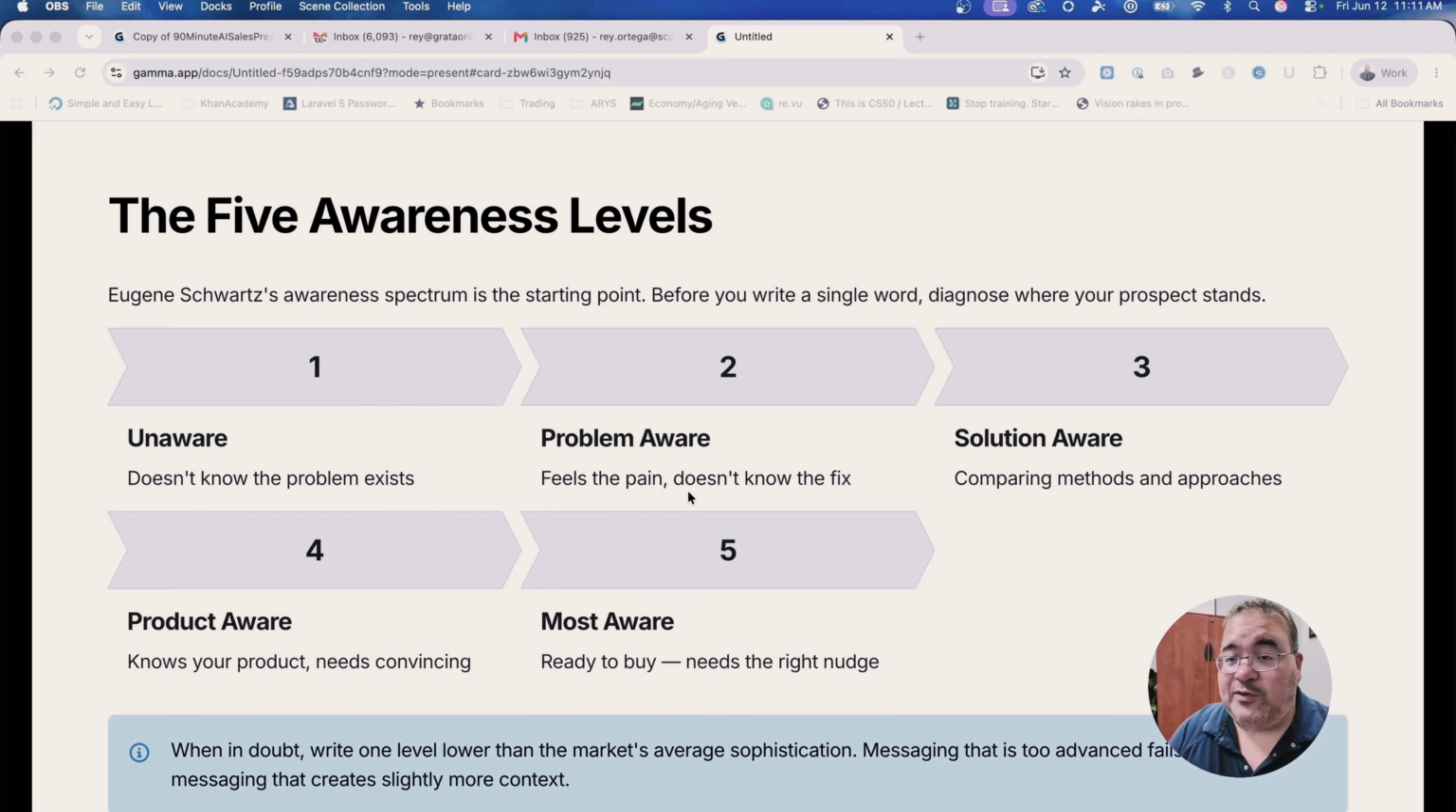And then we have the most aware. Most aware is the buyer. It's the person that already knows they have a problem, there's a solution, and then your product is one of the solutions. And so when we're looking at these 5 awareness levels, we're trying to figure out where they fall within a funnel. So I'm going to go ahead and I'm going to show you guys how that all works